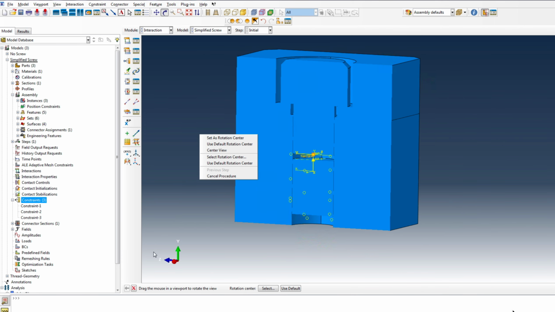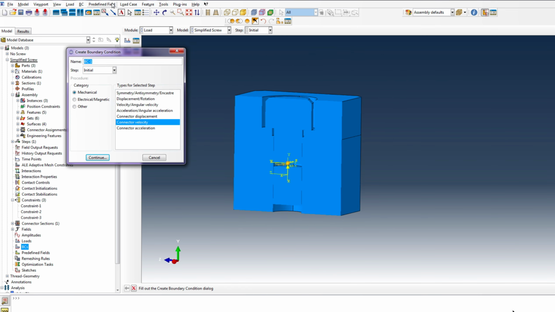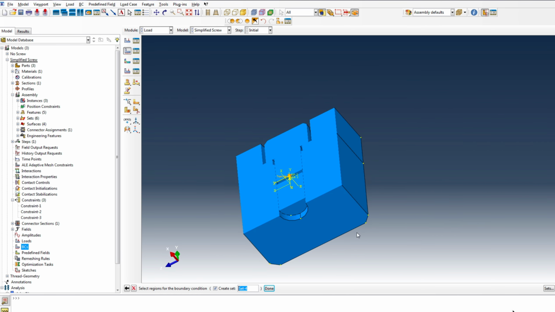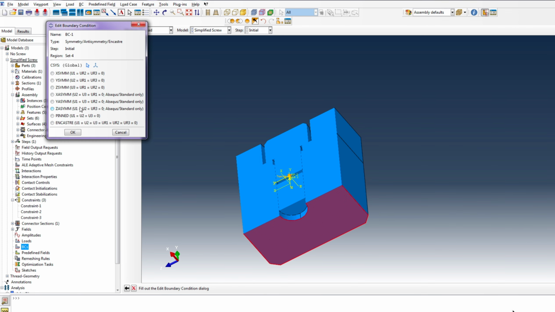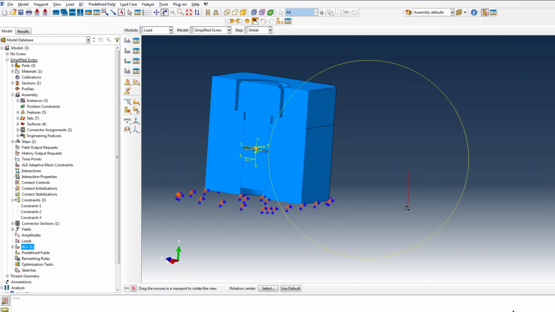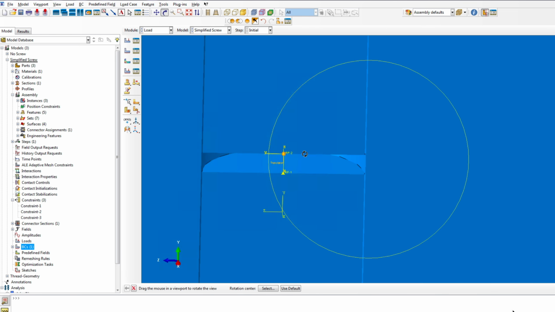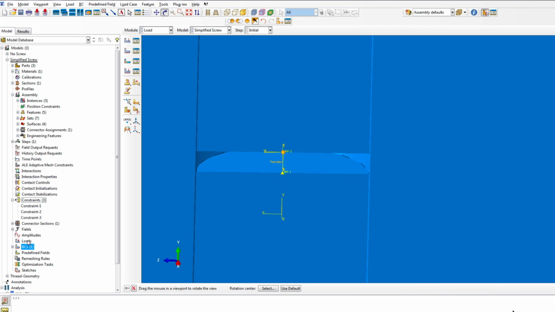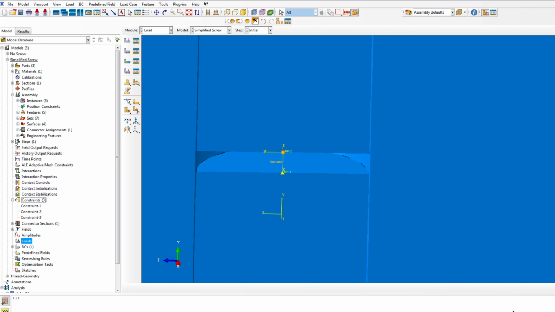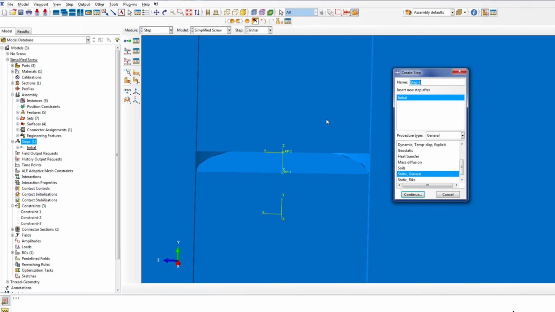we have to follow the same procedure and create the boundary condition as previously, and fix our structure. Okay, yes, we haven't created the steps, the time steps. Again, dynamic explicit,